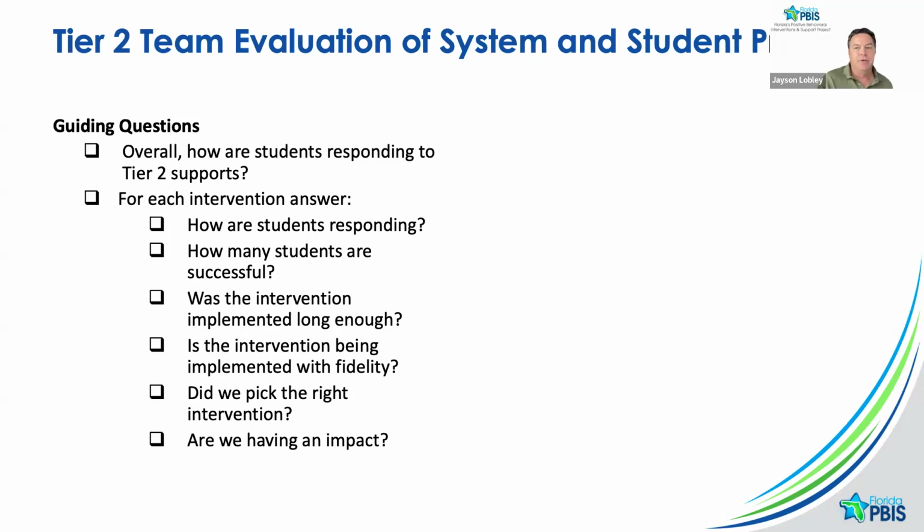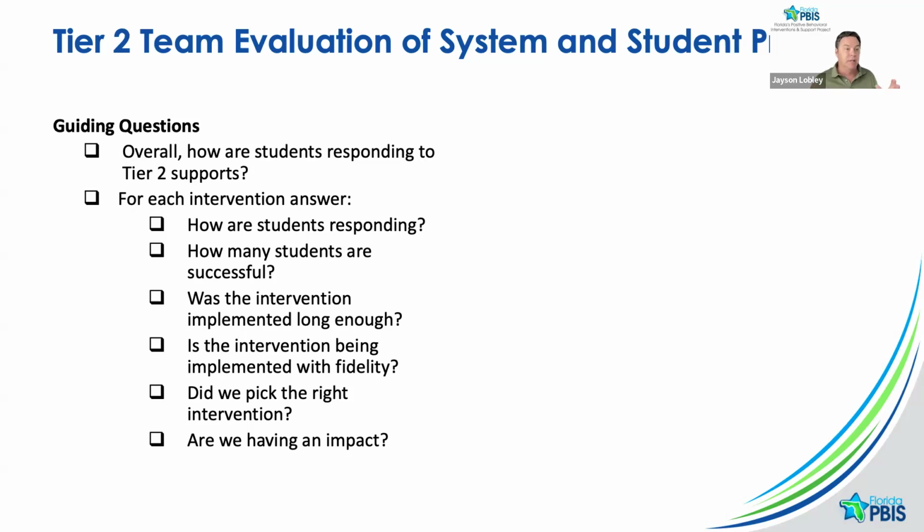So for each intervention, review these questions and see how well they're doing. Overall, are your students responding to tier 2 supports? That's the big picture question. And for each intervention, how are students responding to check in, check out, or a social skills group that you're providing? How many of those students are successful? Is it 5 out of 10? Is it 8 out of 10? Have that information available, because I think it's going to help you say,